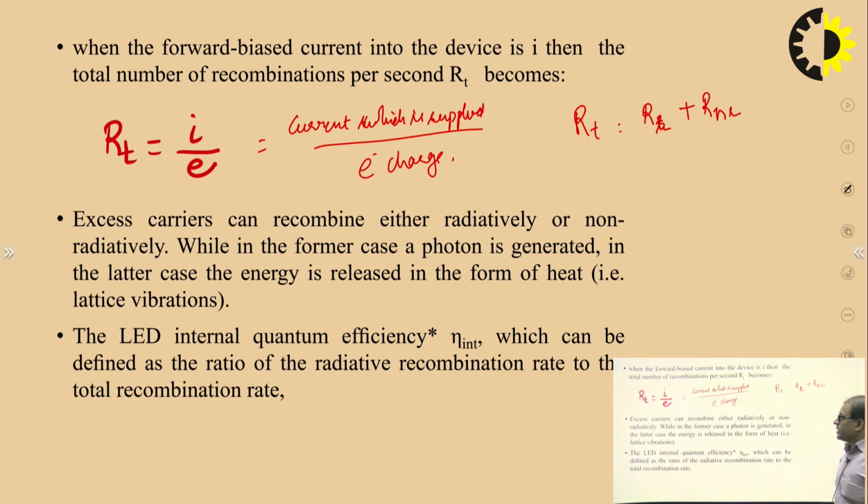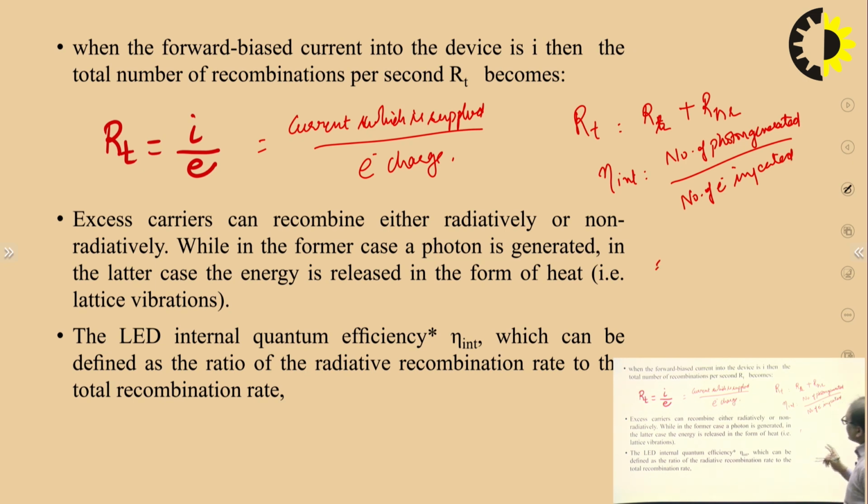Now, the internal quantum efficiency is equal to the number of photons generated upon the number of electrons injected. It means how many photons are generated, that is the radiative recombination. I can say that this is equal to RR, the radiative recombination rate, divided by the total number of electrons injected, that means the total